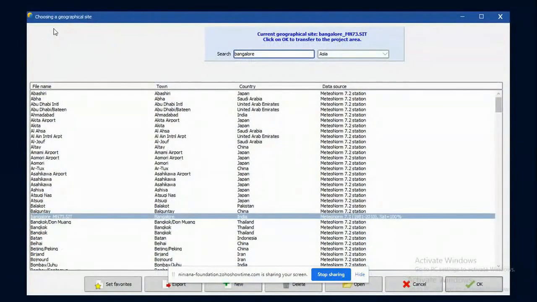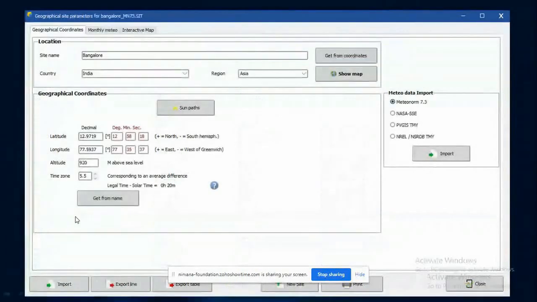So let us consider the Bangalore location, and this gives the latitude, longitude and other details. Let us import.